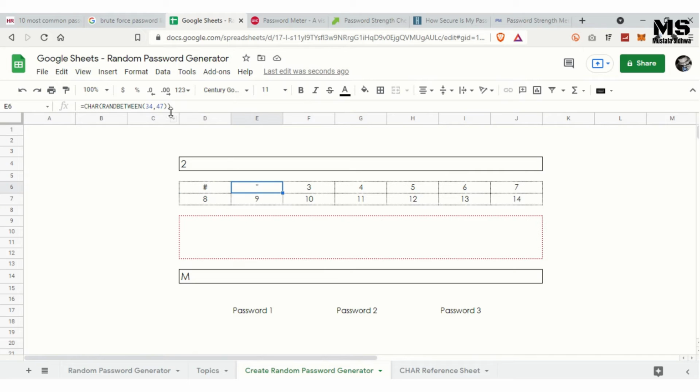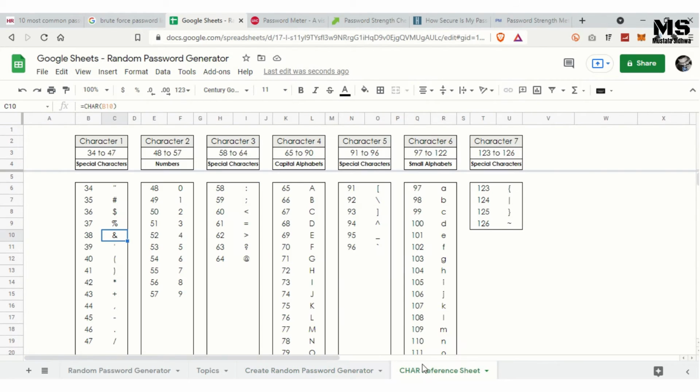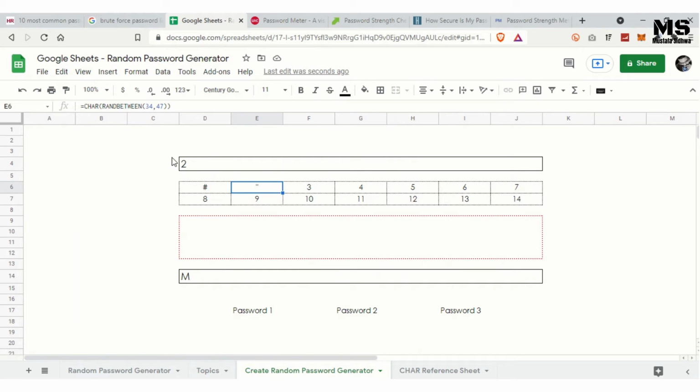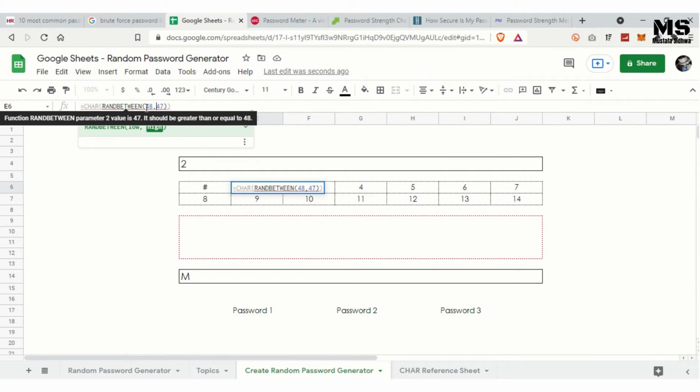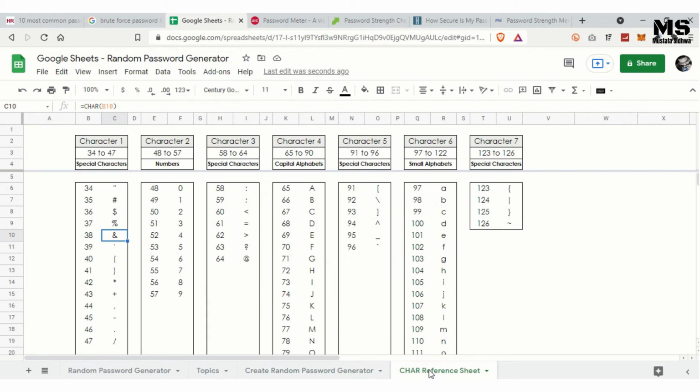Here we need to change the range, and since this is the second character, the range value has to be between 48 to 57. So we'll update the range over here as 48 to 57. Now you see it is throwing up a numeric value from this range.